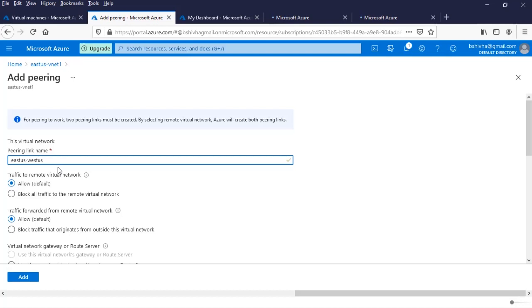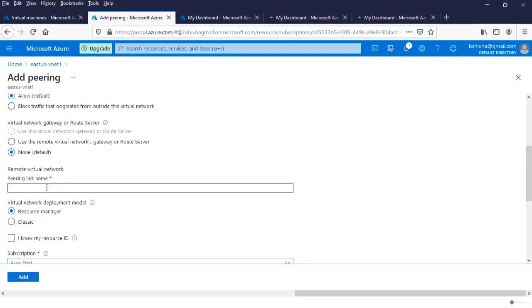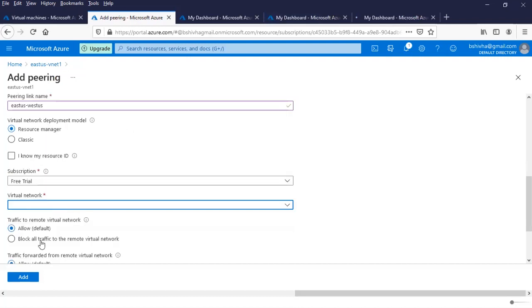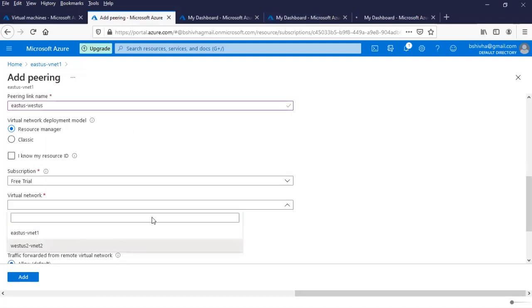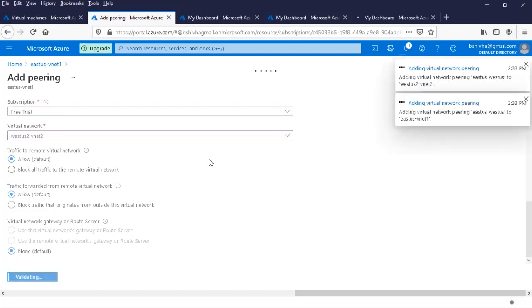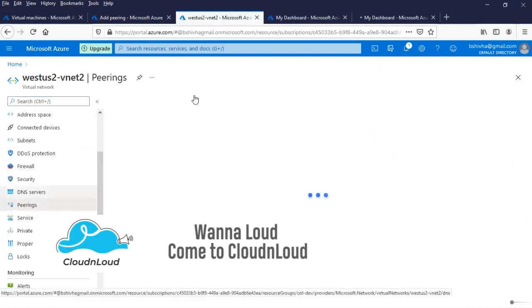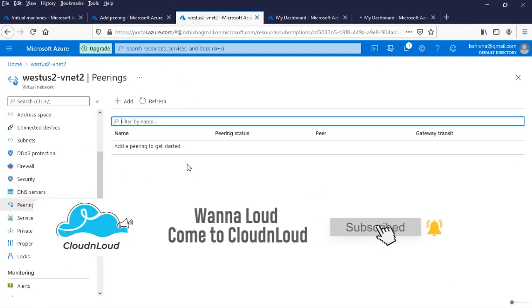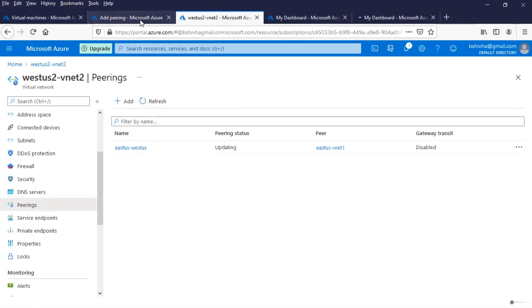I'm just giving an example, but by seeing the name, everyone should understand what this pairing is all about. Okay, come down. So I'm just selecting add, wait, and here also go for pairings, wait for refresh.